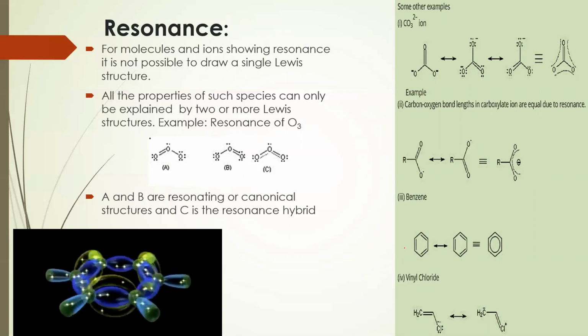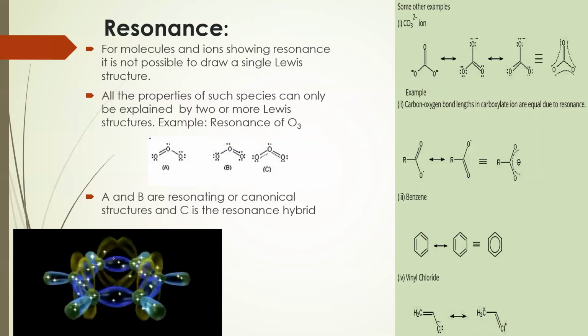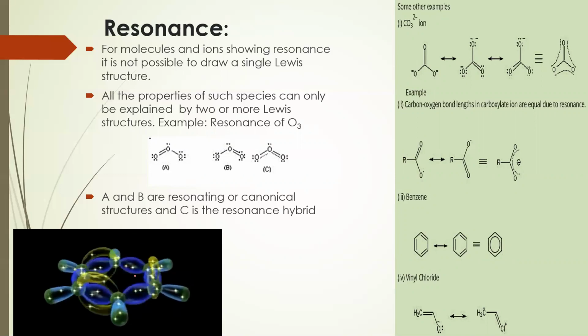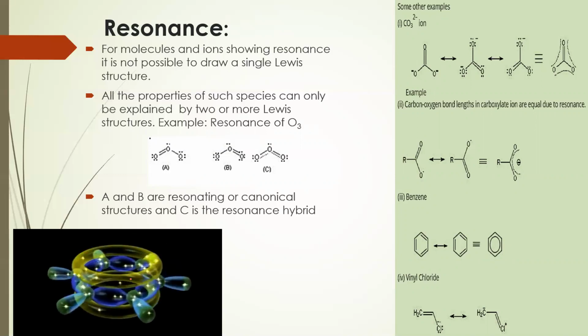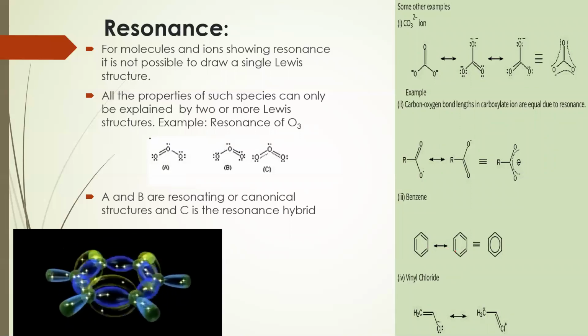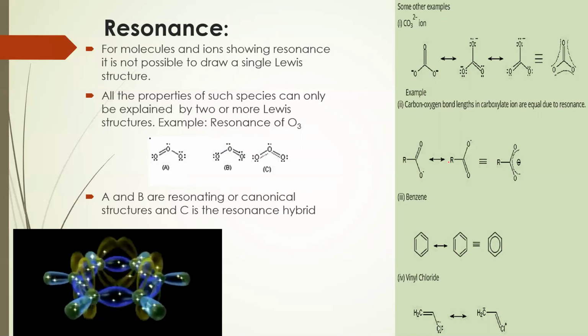But in the case of benzene, you can see here this is your benzene ring. We have alternate double bonds, and they are changing their place. Once it was on this side and then the other. So you can see structure A and structure B, and finally we get a resonance structure known as structure C.